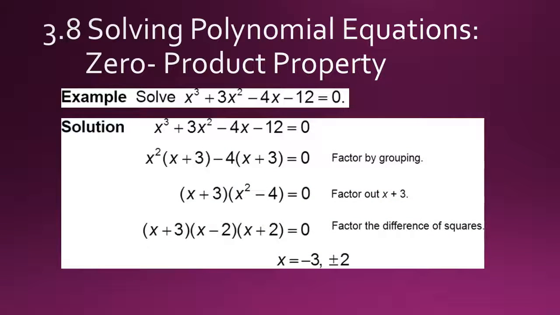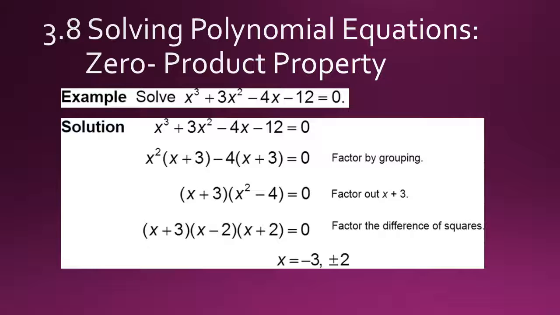Factoring by grouping is exactly what it says. You're going to factor by splitting the equation into two groups. So x cubed plus 3x squared becomes one group, and minus 4x minus 12 becomes our second group. Then what we do is we factor the common factor out of each group. So for x cubed plus 3x squared, we're going to pull out x squared, which leaves us with x plus